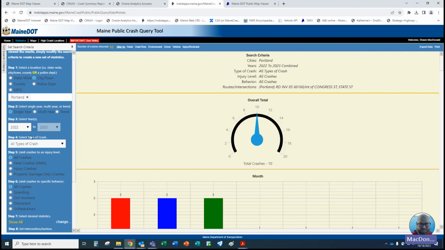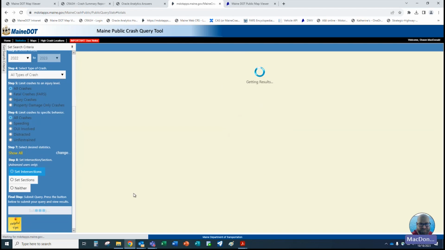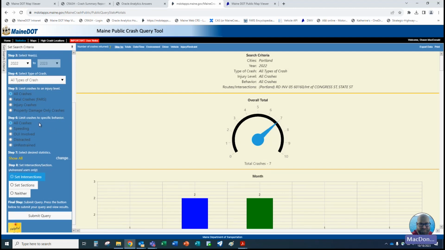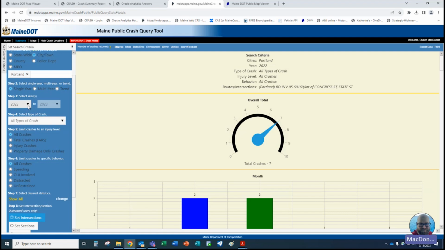For just 2022, seven crashes. So it had 3 crashes in 2023, 3 more crashes in 2022. And you just keep building your data.